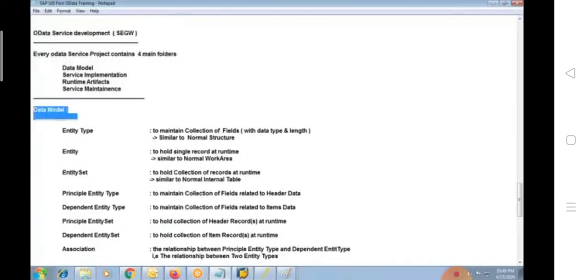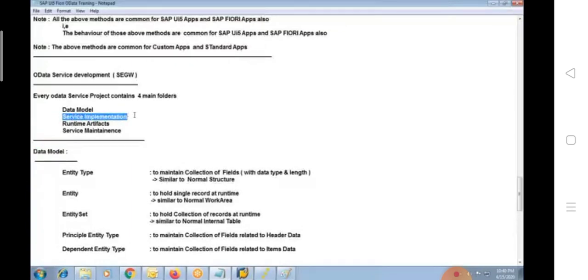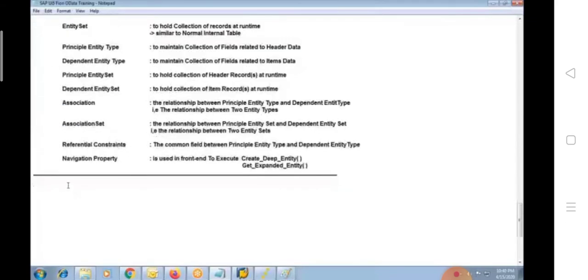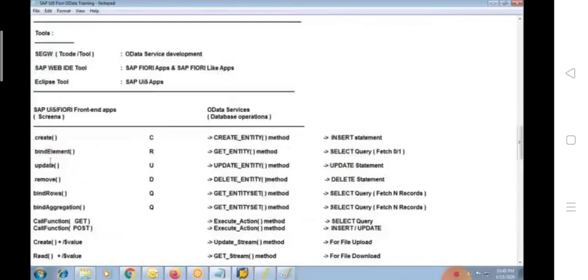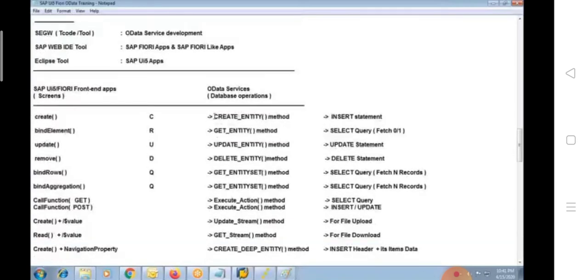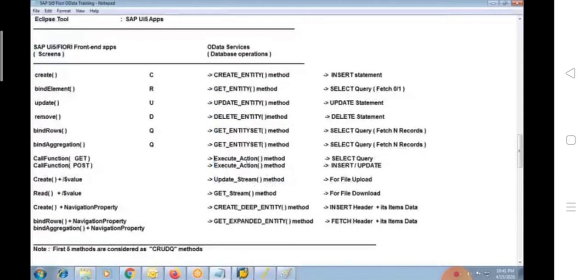And not only that, as I told you, there is service maintenance here, service implementation. So under the service implementation folder, these options will be available. Whatever methods I've discussed here, right? Like create entity, get entity, update entity, delete entity, get entity set, execute action, update stream, get stream, create deep entity, and get entity set.